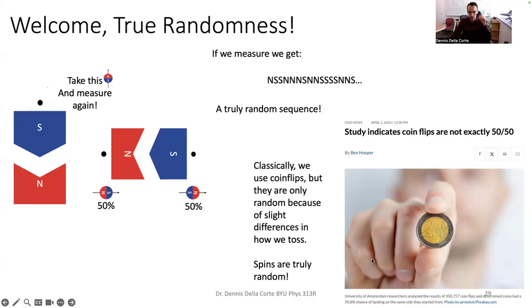Actually, a little study that came out a year ago found that when you take a euro coin, they're not perfectly balanced. It's actually a slightly higher chance to land, I believe, on the side that has the number on it compared to, you guys call it, the head side,